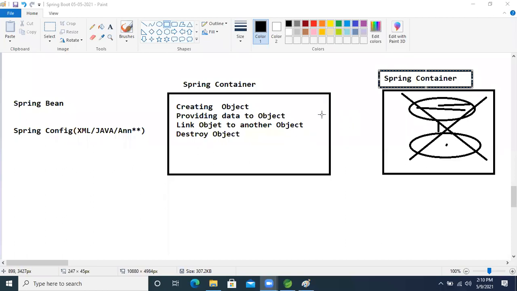The same applies if we go to another person's home, say our friend's room or home. In our friend's home, we need to follow their home rules and regulations.